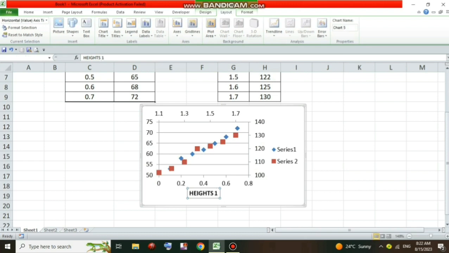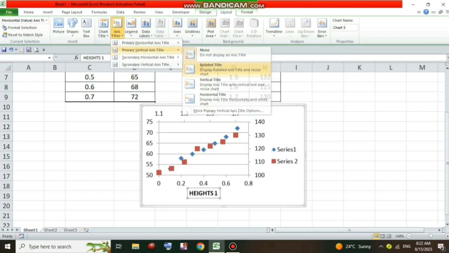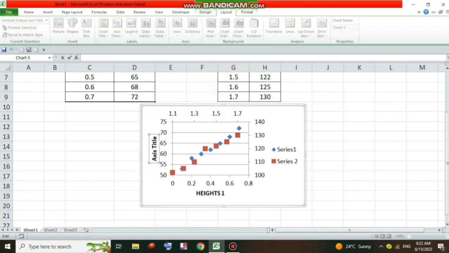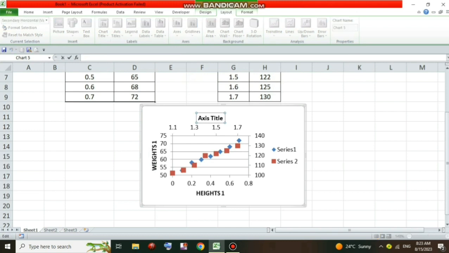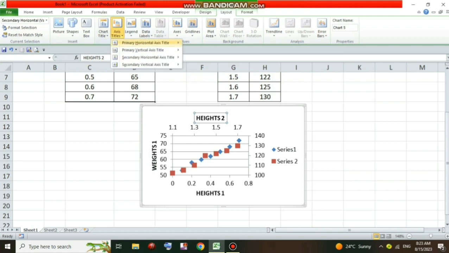Enter. So next one is axis titles. For the primary vertical axis title, let me give this as weights 1. Enter. Next, the secondary horizontal axis title, let me give that as heights 2, since it's the second set of values. Then again go to axis titles, secondary vertical